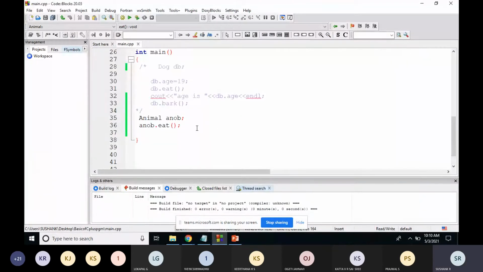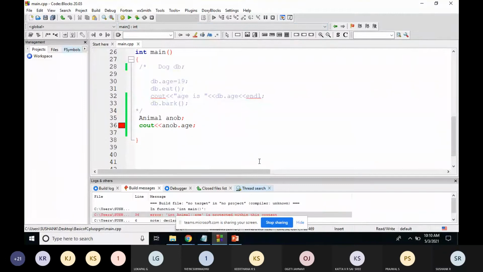So now can I access it directly also? Instead of like this, I can print the age directly using the animal object dot age. I want to print the age directly. So now check what will happen. If I build this,